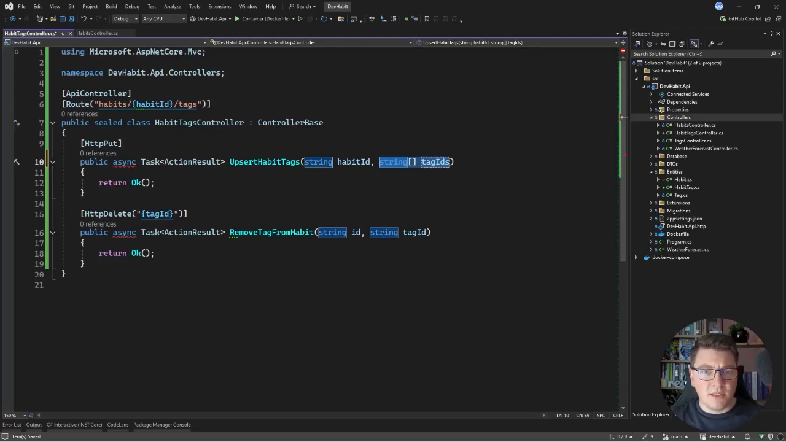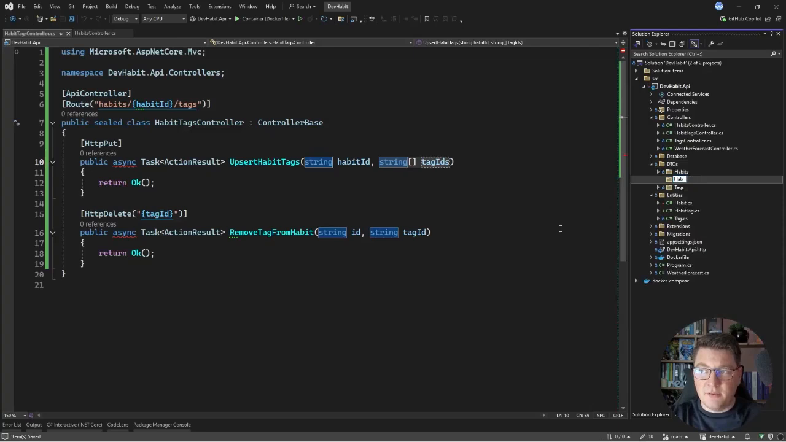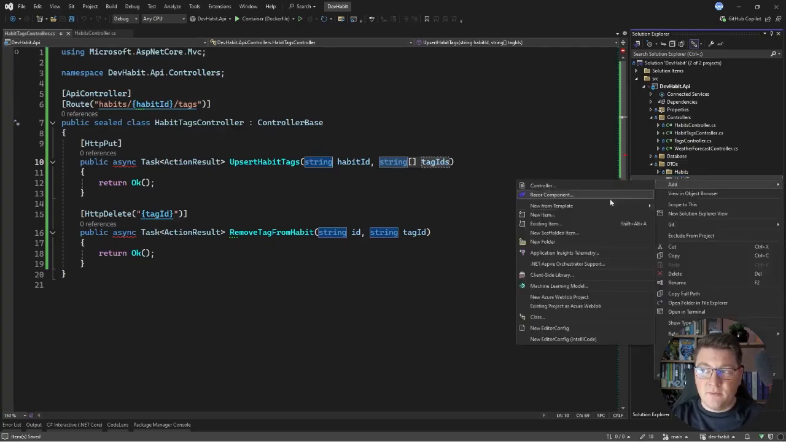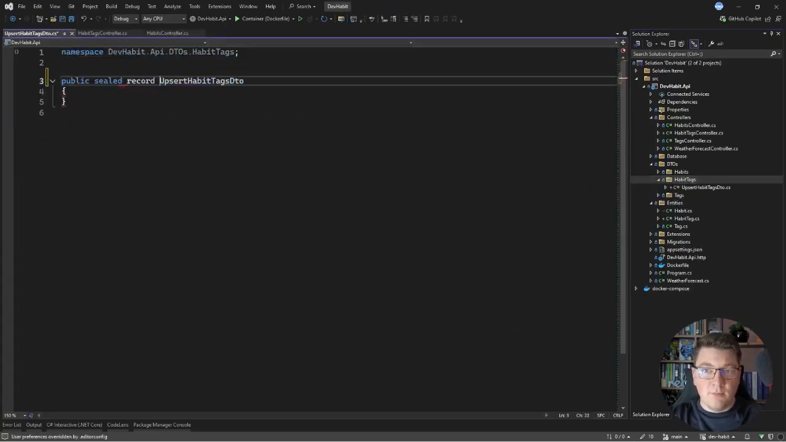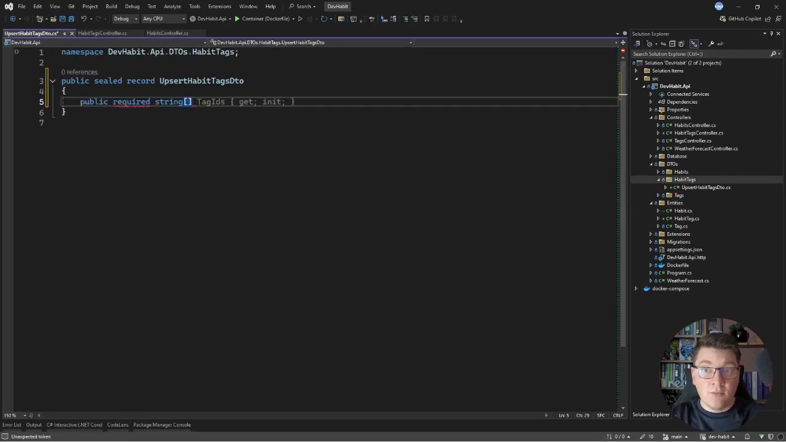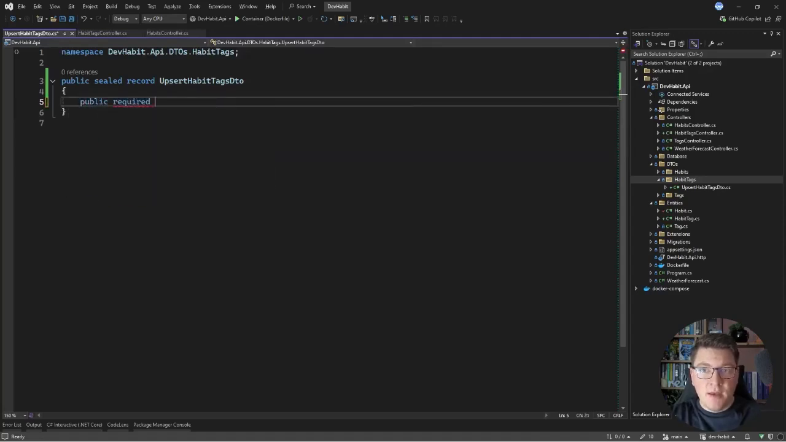So let's create a respective DTO to represent this. In the DTOs folder, you can go ahead and create a habit tags folder, and inside of it, I'm going to add a new class, which I will call upsert habit tags DTO. This will be a public sealed record, and all I'm going to define on this DTO is an array of tag identifiers. And inside of this DTO, I'm going to define one property, which is going to be a list of string values that are going to represent my tag